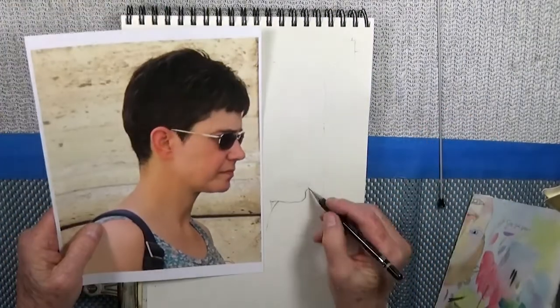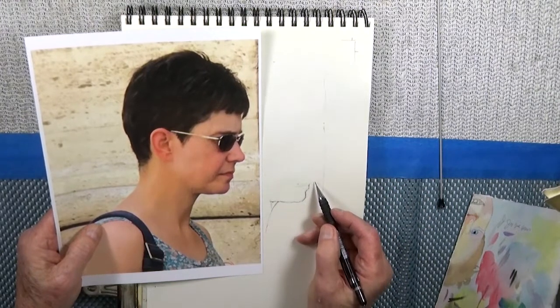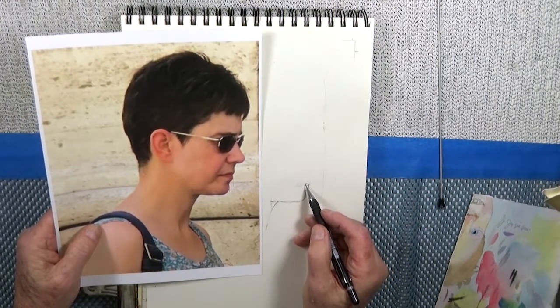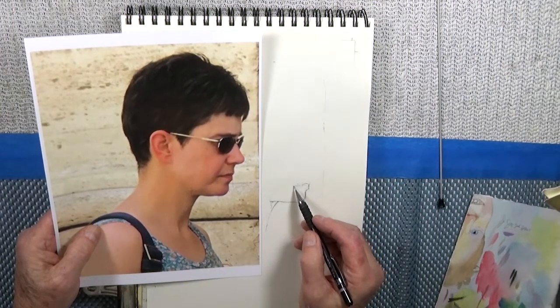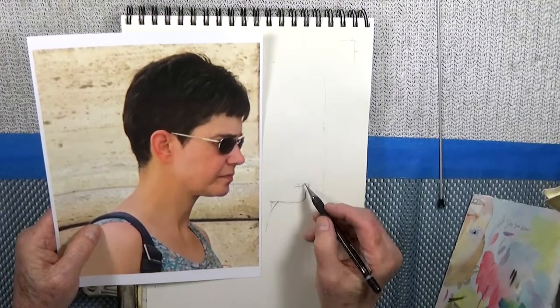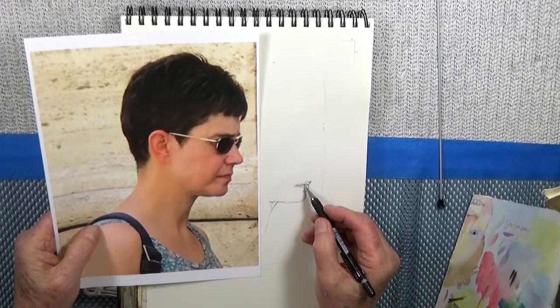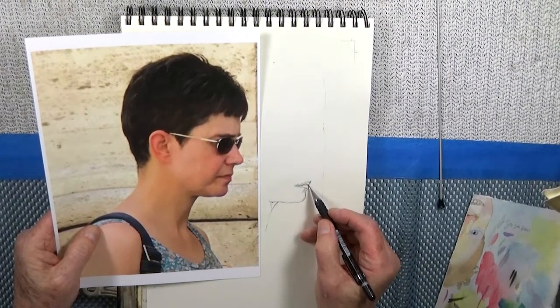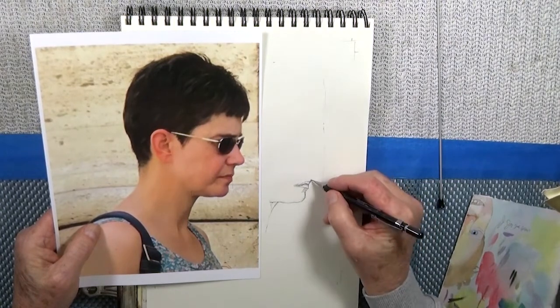I don't know if you can tell, but I really had difficulty with the drawing on this one. Actually, this is a start over where I made so many mistakes initially that I went back to the drawing board and worked on it again. And to me, the mouth and the nose were the most critical of everything. So I had to spend a lot of time on it, and finally got, I thought,